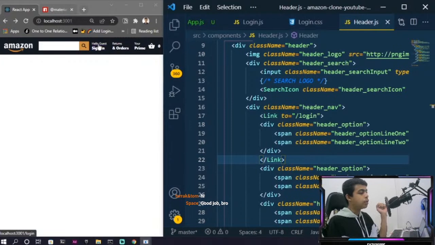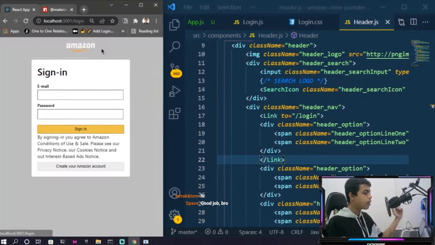Great. So when I click on this sign in button over here, it should change my URL to /login. Just see it over here and we will see our login form. 1, 2, 3. Boom, as you can see, it has changed its URL to /login, and we can see our login page over here. So this is why we are importing the Link